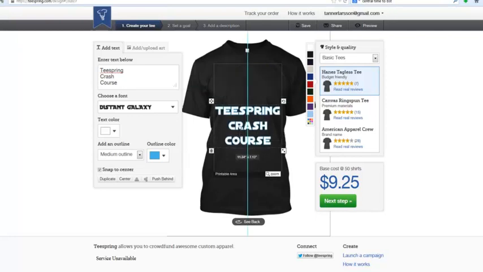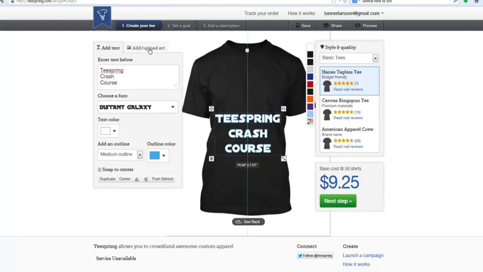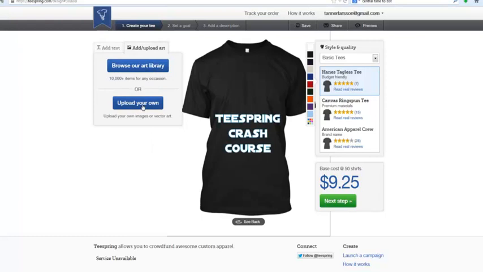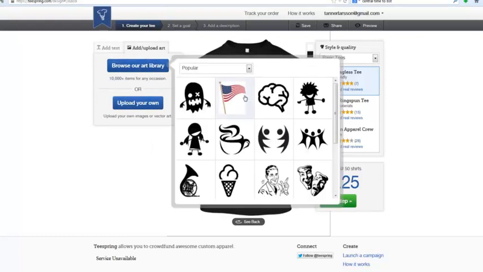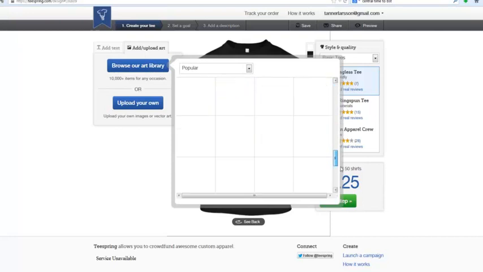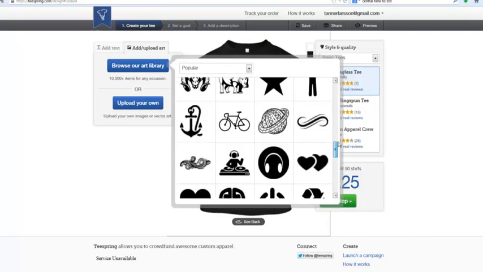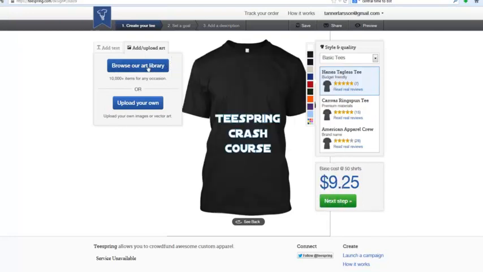Now, let's say you want to add your own images. Okay, well, if you want to do an image or more text, you can actually add another line of text simply by typing it in there. You cannot put designs on the sleeves right now, guys, but they're working on that. Okay, you can upload your own image, or you can browse their art library. Okay, here's some of their popular images. All right, but they have huge